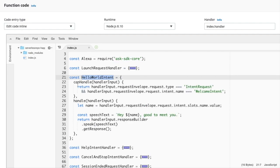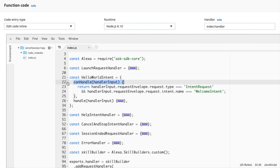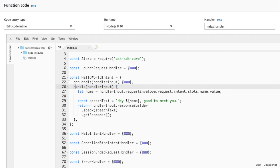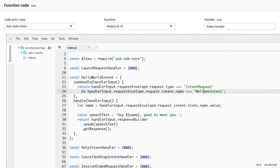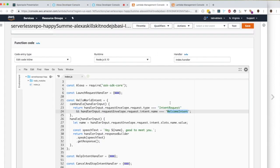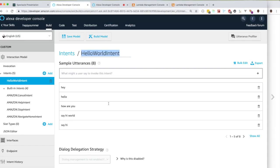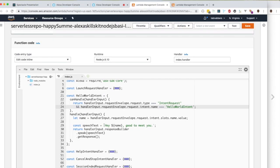So how does that work? The way it works is it takes 2 functions. Number one is canHandle, and second is something called handle. What they do is canHandle is the one that identifies what intent the user meant. And if you guys remember, my intent was called HelloWorldIntent. So I'm going to go here and say, all right, whenever the user intended to say hello world, which could be any of the following, they said hey, hello, how are you, whatever it is, then I'm going to respond with something like,